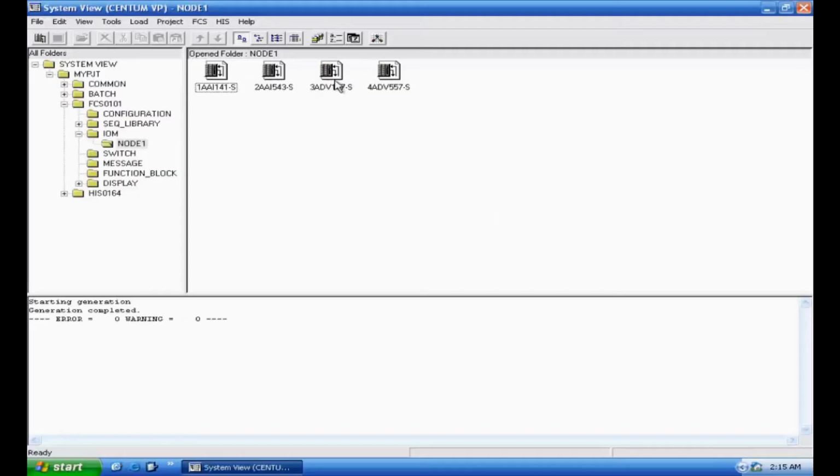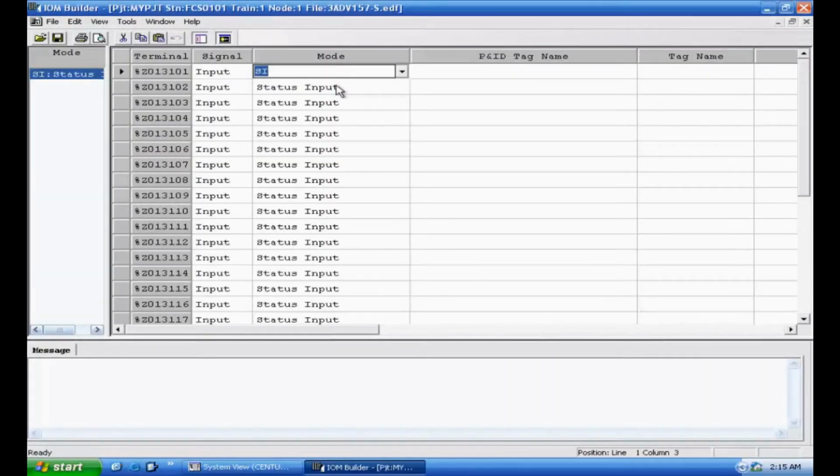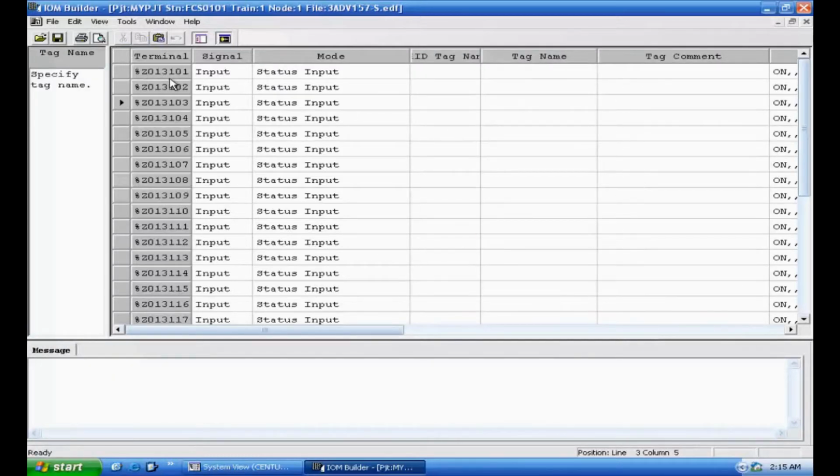So we open the digital input module and define some tags for these terminals. We select the first channel as E1, E2, E3, E4, E5, and E6. Now we save the symbols here,